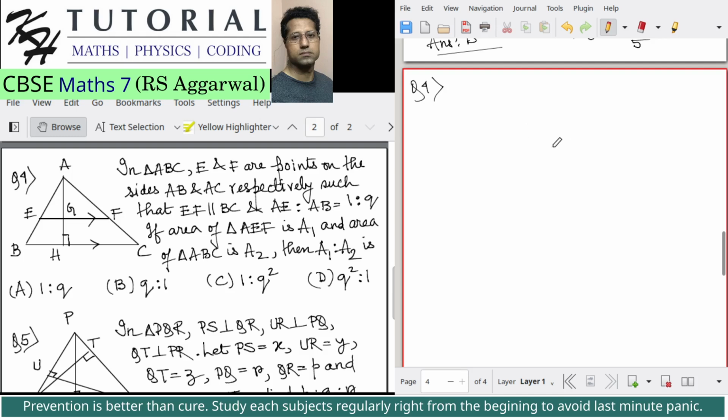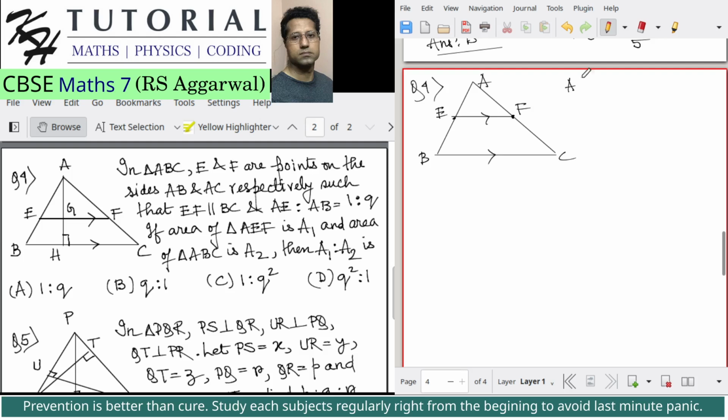Okay, now this is a concept I have already discussed in my previous video. Let's say we have any triangle, let's consider the given triangle ABC. Now it is given that E and F are points on the sides AB and AC such that EF is parallel to BC. So let's say this is E and EF is parallel to BC. Now if you draw a line segment EF such that EF is parallel to BC, then you will always have